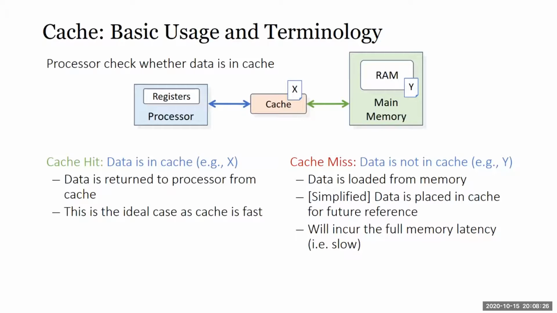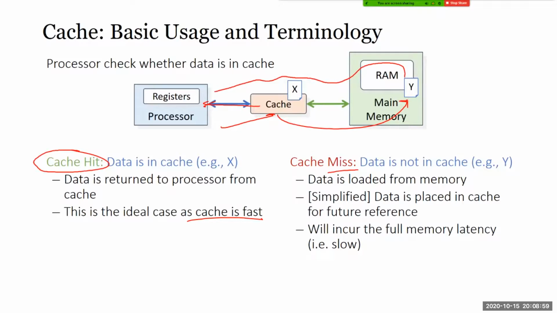Now some terminology of cache. We call it a cache hit if the data we want is found in the cache. Ding, it's a hit. The book we want is on our table. In this ideal case, it's very fast, and the data will come very quickly into my register. However, if what I want is not in the cache, then I have no choice. I must go to main memory and get it. So we load from memory, and this is called a cache miss. It takes a long time for data to slowly travel all the way back to the processor.